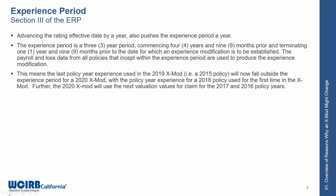For example, in a 2019 XMOD, we would typically use a 2015, 2016, and 2017 policy. But as we advance to the 2020 XMOD, the 2015 policy is going to drop out of the experience period, and we're going to start using the 2018 policy for the calculation of the mod. On top of that, we're going to use the next valuation values for each claim that was reported in the 2017 and 2016 years. And just to show a visual,